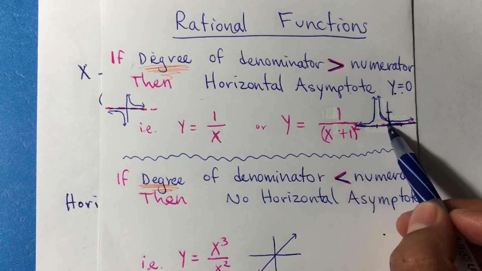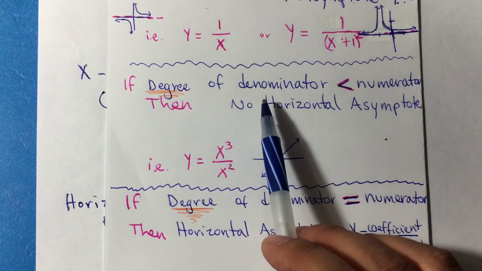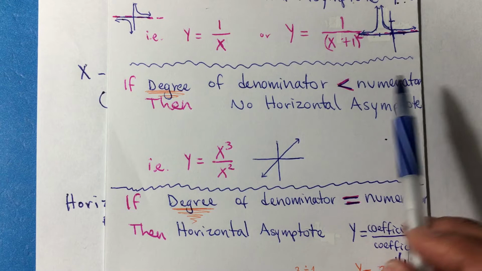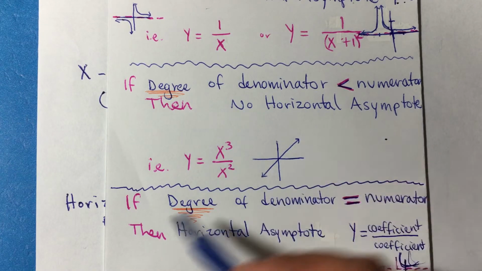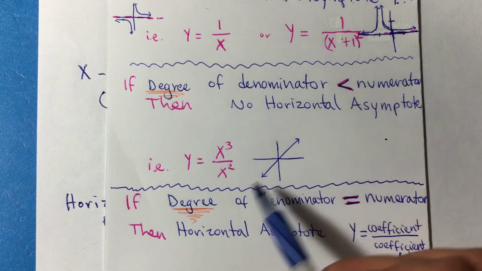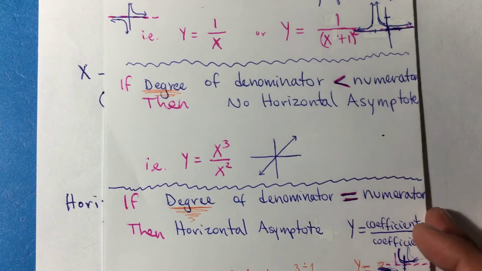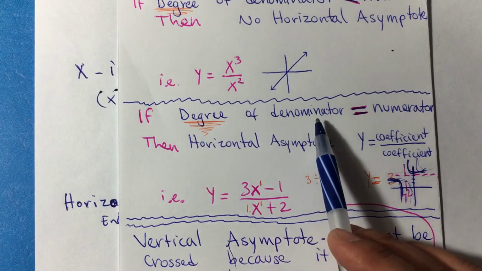And we represent it by a dotted line. Now, if the degree of the denominator is less than the numerator, there is no horizontal asymptote. So that means that it will always have a line that crosses through every value, okay? And if the degree of the denominator